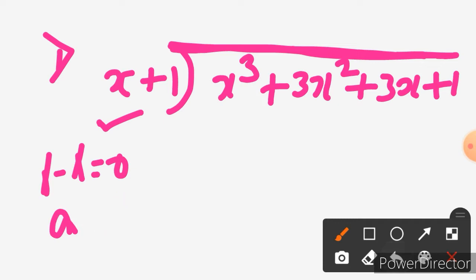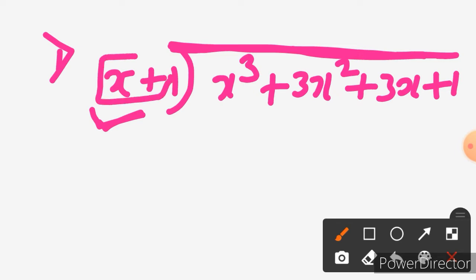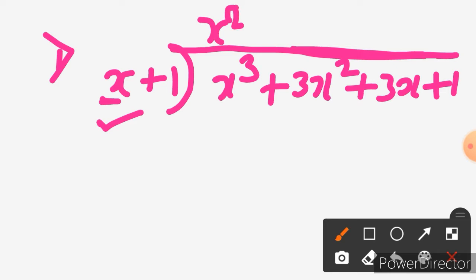So in order to get the same term, I have one clue given here as a divisor. I have the variable x and a plus 1 term along with it. So in order to make this divisor x cube, I'll only concentrate on the first term in the divisor. So what should I multiply to x in order to get x cube here? Can you just think on it? Yes, I have to multiply x square, in order to get x cube, because x into x square is x cube. Am I correct?